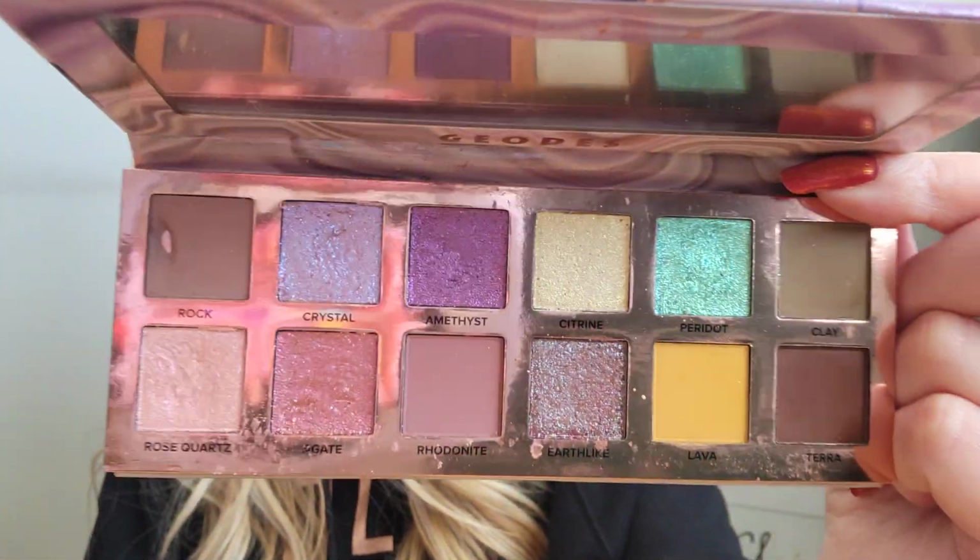I have only worn it the one time, so there's definitely not any progress to show you guys, but I'm really excited about reaching for this sooner than later. September,